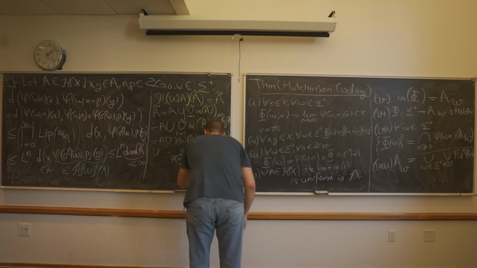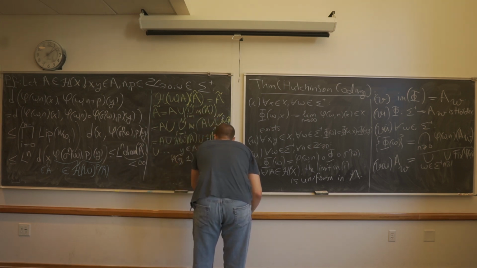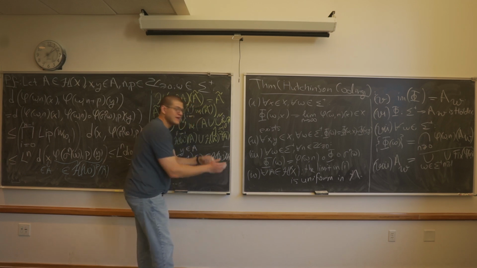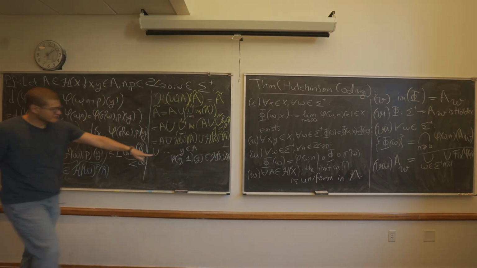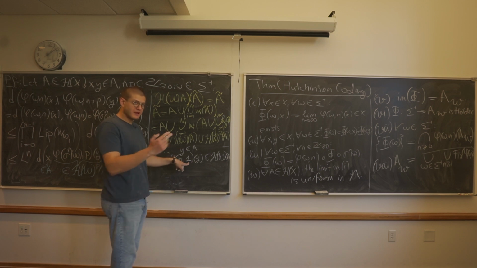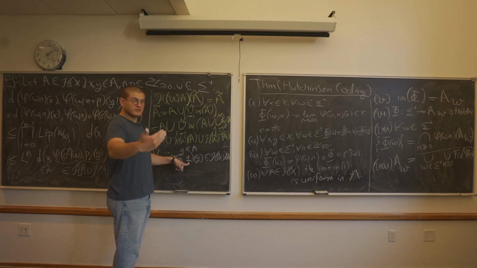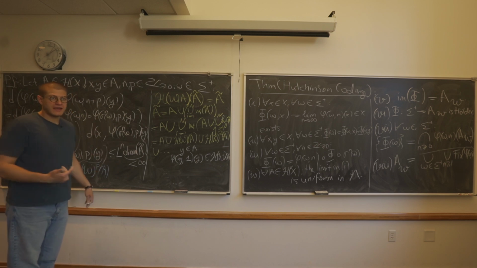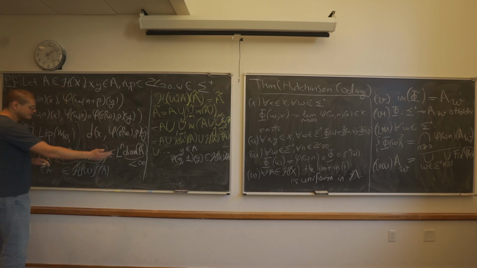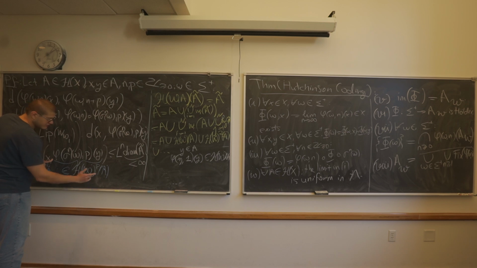That makes sense, because this set contains all possible images. Well, if this number were 2, that means I'm applying 2 contractions. Ultimately, that's going to land somewhere in the Hutchinson operator applied twice to A, which means that, by induction and so on, this has to be in the Hutchinson operator applied P times to A. Is that okay? Yeah. Okay.